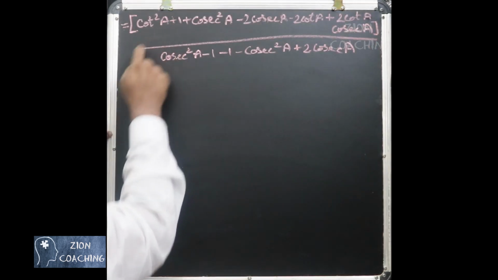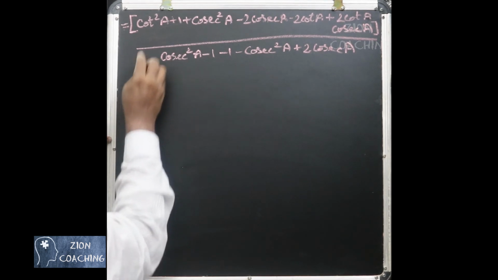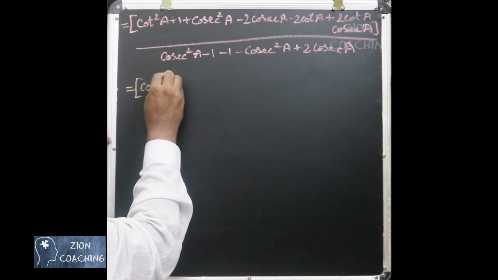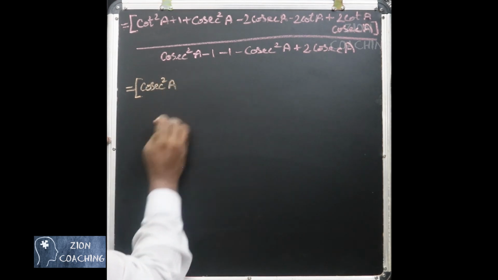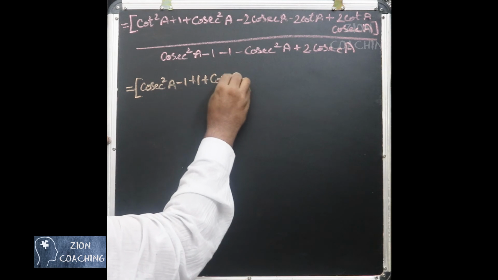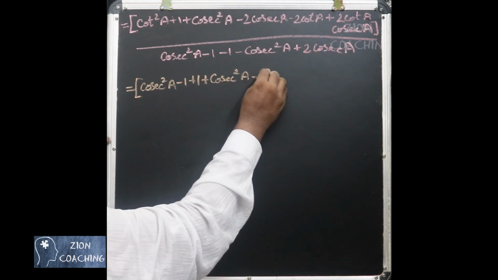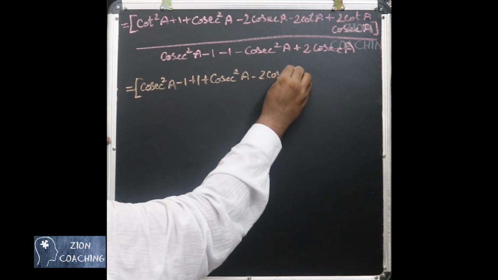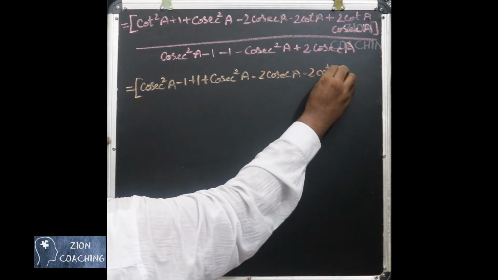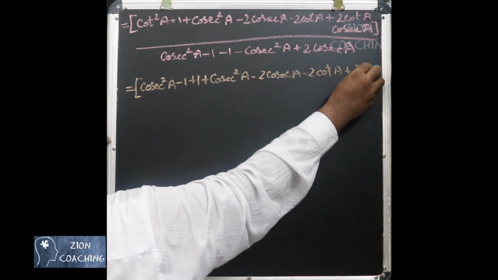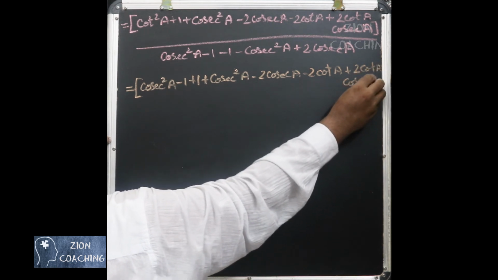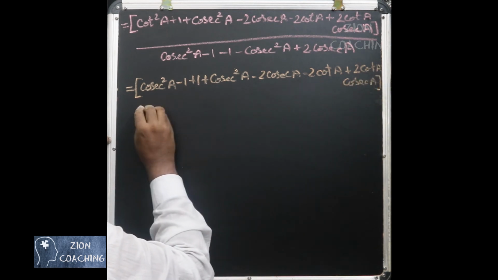This is the last step you add. Now instead of cot squared A, we are going to substitute cosecant squared A minus 1 plus 1 plus cosecant squared A minus 2 cosecant A minus 2 cot A plus 2 cot A into cosecant A, whole divided by,